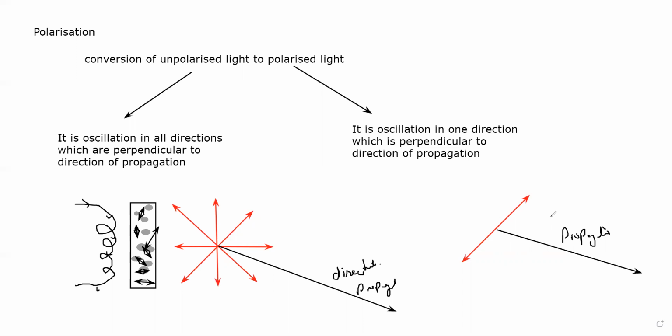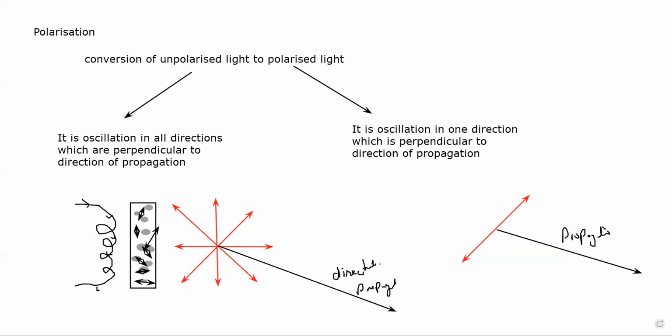But what will be the difference when looking with the naked eye? The only difference you will see is that unpolarized light will have a higher intensity, because more energy is there, or more waves are there, which makes a high intensity. And polarized light, when you are observing, it will be dim. And when we convert unpolarized light into polarized light, this method is known as polarization.